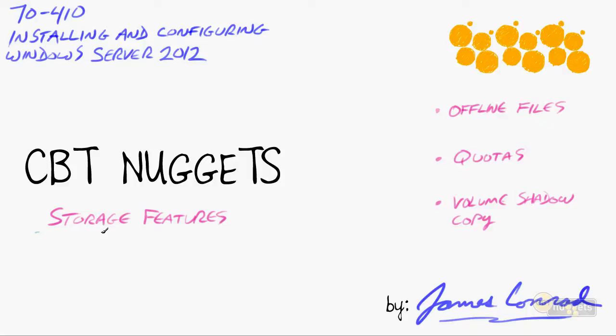In this nugget, we take a look at additional storage features, including working with offline files. This allows us to access network documents even when the network is not available. We'll also work with quotas so that nobody abuses their storage privileges and puts too much information on a drive. We'll also take a look at the volume shadow copy service, which is a great way not only to use with a backup solution,